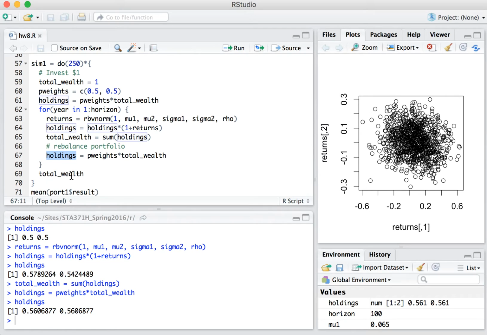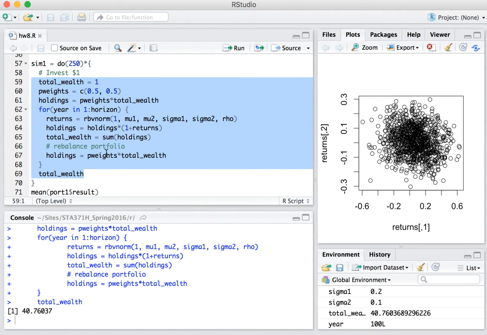Then we sum our holdings and rebalance our portfolio so that our total wealth is now equally distributed among the two assets. So if you do this once, right here, at the end of 100 years, it looks like my $1 has turned into $40. Again, now it's $12, $40, $20, and so forth. So if we do this 250 times,